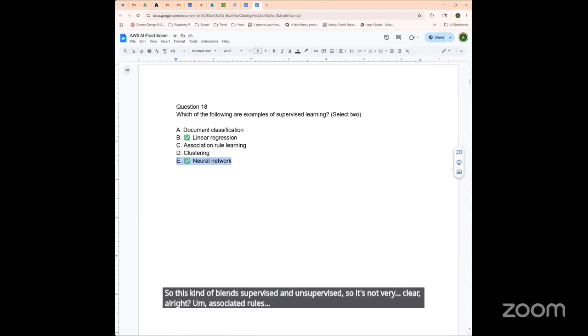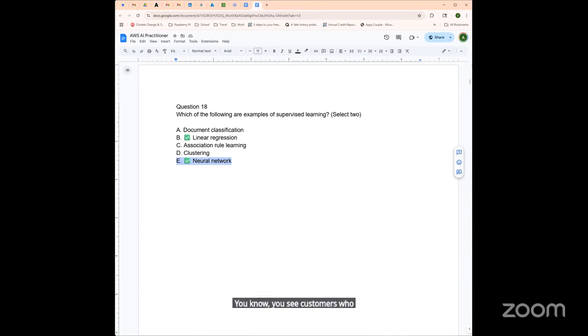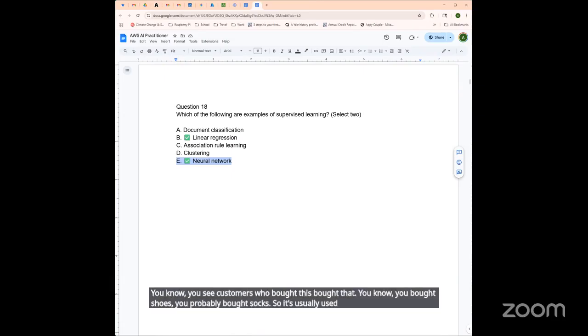So this is unsupervised learning. This would be for looking for relationships or correlations in data sets, right? So think about when you're going on a website, you see customers who bought this also bought that. You bought shoes, you probably bought socks. So it's usually used for market basket analysis.